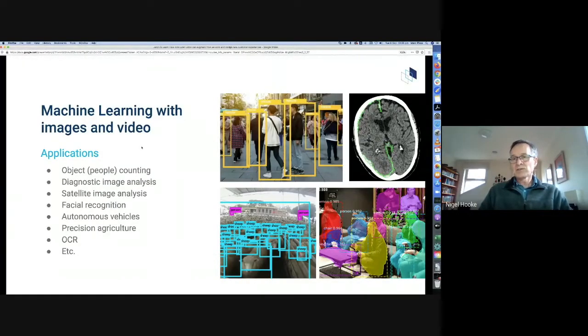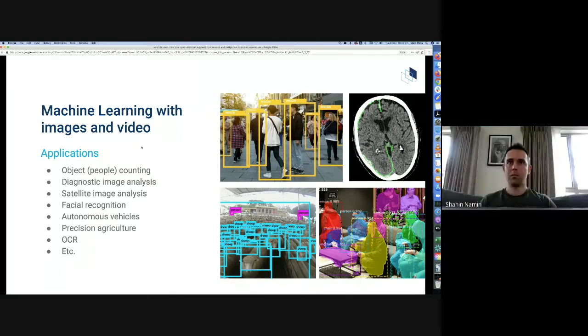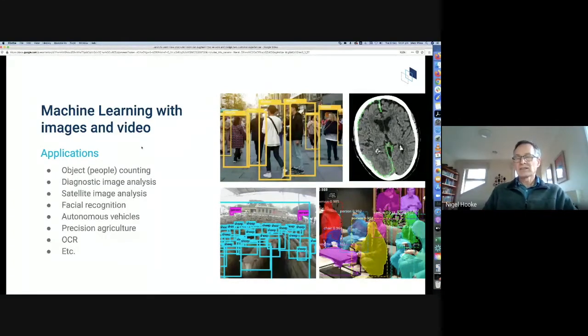Alternatively, if you want to know specifically which pixels form a particular instance of an image, and so in the lower right there, you can see a whole lot of people in a room, and the pixels for each person are colored a different color. That's another algorithm called instance segmentation, which is more and more being used these days. So there's quite a variety of algorithms we can use depending on what the objective is. Next slide, please.